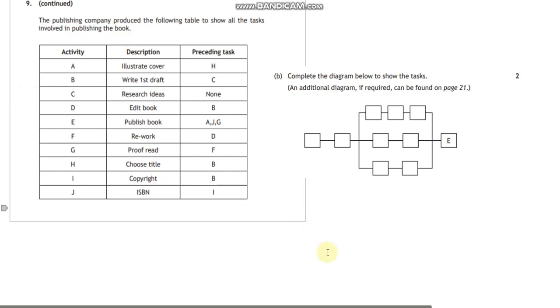Okay, these come in every year. The precedent tables. I love these. They're actually quite straightforward. Just got to take your time. Okay, so you've got a process here. This is publishing a book. So it's basically saying that to publish a book at one point, you're going to have three tasks running at